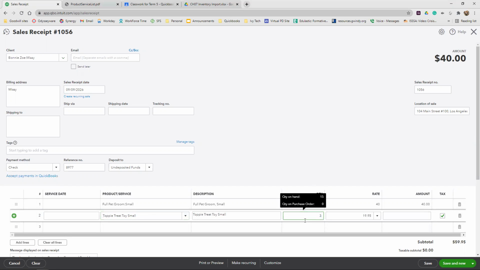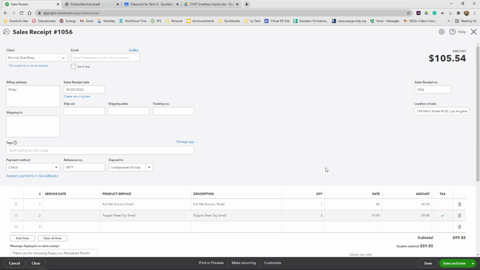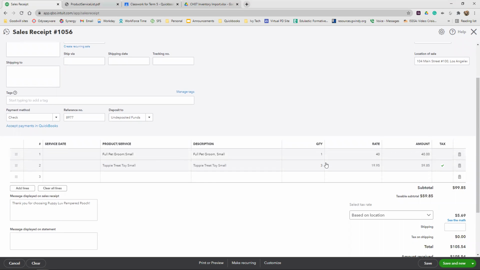So we're going to change that. Notice how when you go to type that in there, it tells us that we have 15 of those on hand. We have 0 of them ordered. So we've got our full pet groom for a small dog. We have 3 small Toppy treat toys,